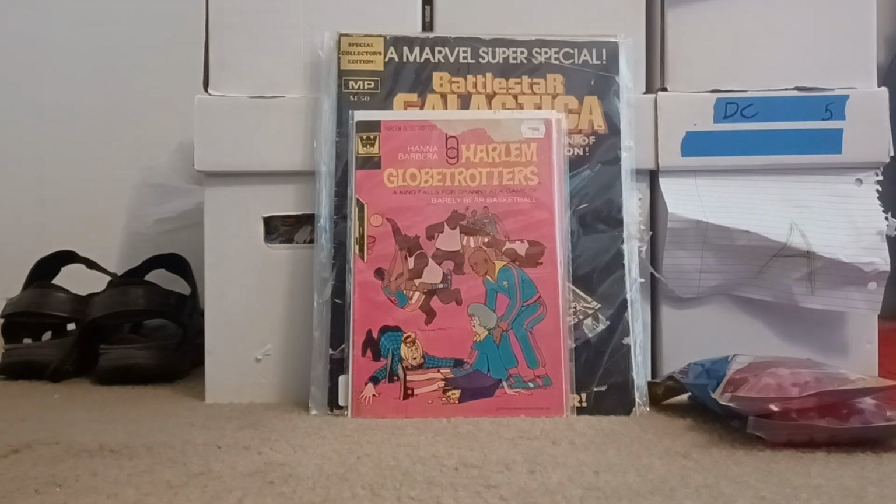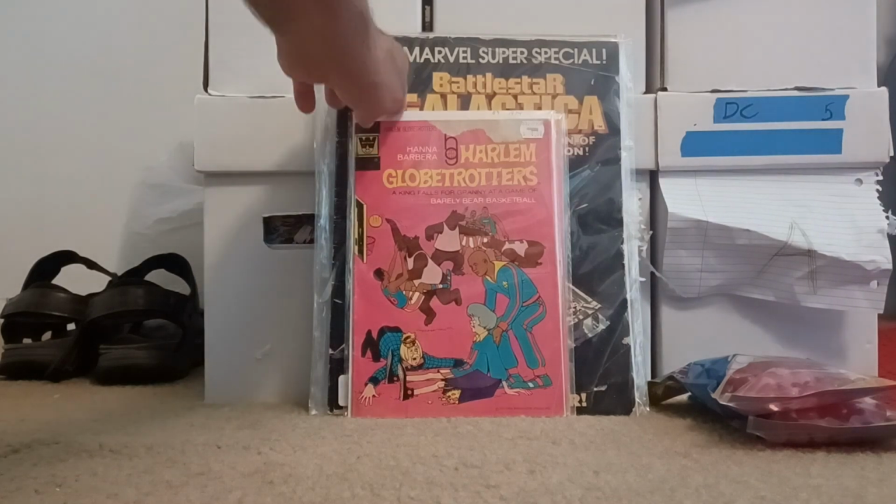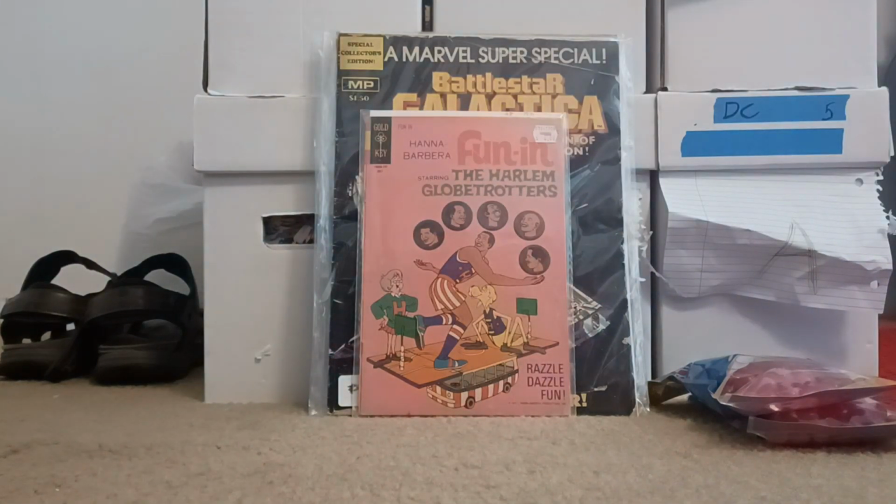Now, love the Harlem Globetrotters, and even though this is not in great shape, this is number 9. Love the animated series. I love the Super Globetrotters is one of my favorites, and back and forth on Saturdays, a lot of times they would play the old Harlem Globetrotters when they were actually doing everything. I don't care for anything new, but I do enjoy the old Globetrotters when they played, and even the live show they had. And this is also them in Fun-In. Fun-In is the Hanna-Barbera series that ran, I think it's like 11 issues, so I'm hoping to get them all. I've got a lot of the ones at the top. I've got about 5 out of the 11, so